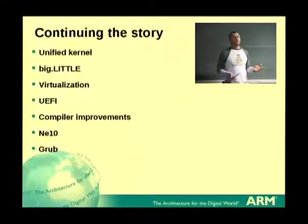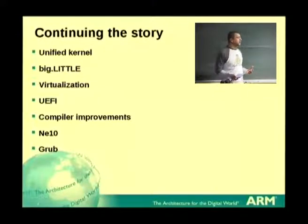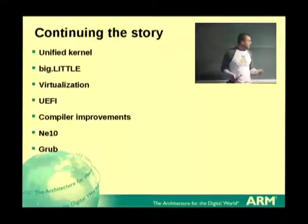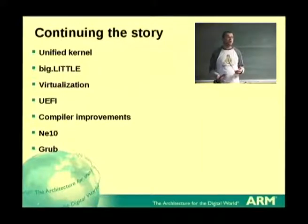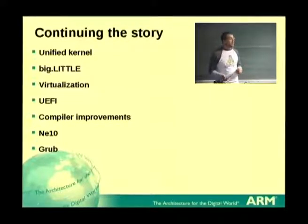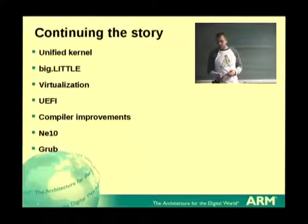UEFI, which is effectively becoming the standard firmware across architectures, will also be supported. We'll be continuing with compiler improvements in both GCC and LLVM. NEON support with Ne10. For those that aren't aware of Ne10, it's an open source library that allows you to leverage the NEON SIMD coprocessor, and also continuing making sure that GRUB works out of the box cross-platform as well. So that's my brief overview of